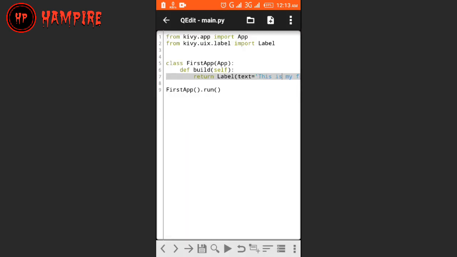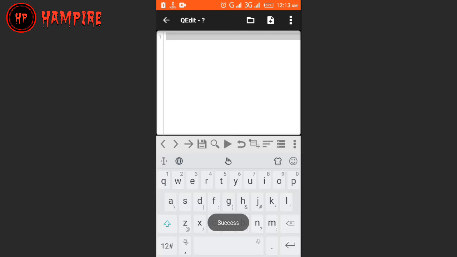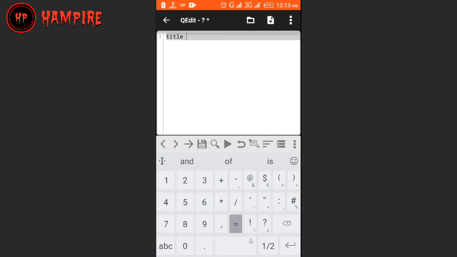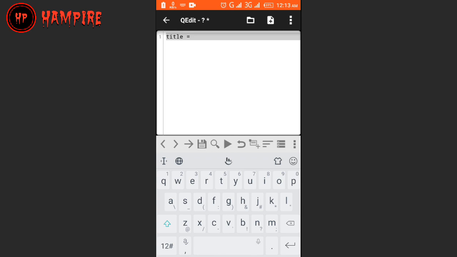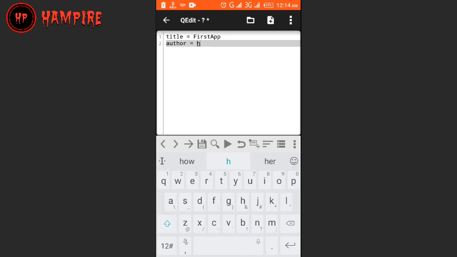Create by clicking on this, a blank file, and then let's say title, that is the title of our application, first app, and then author is Hampire official,